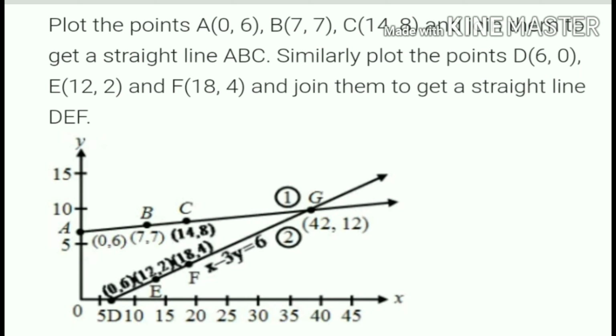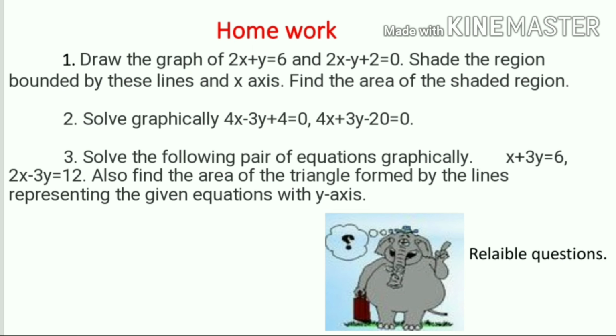So see, these are the homework questions, and the first is here, draw the graph of 2x plus y plus 6. Again, two equations I have given you because this chapter name is pair of linear equations. Okay, so these are the pair of linear equations, and first we will draw the graph, then shade the covered area. Okay, after that, the second one, only represent these equations graphically. Again we will do the same thing. Then the third question, in the third question, x plus 3y is equal to 6 and 2x minus 3y is equal to 12. Again we will represent both the equations on the graph, then we will find out the area covered by the equations.